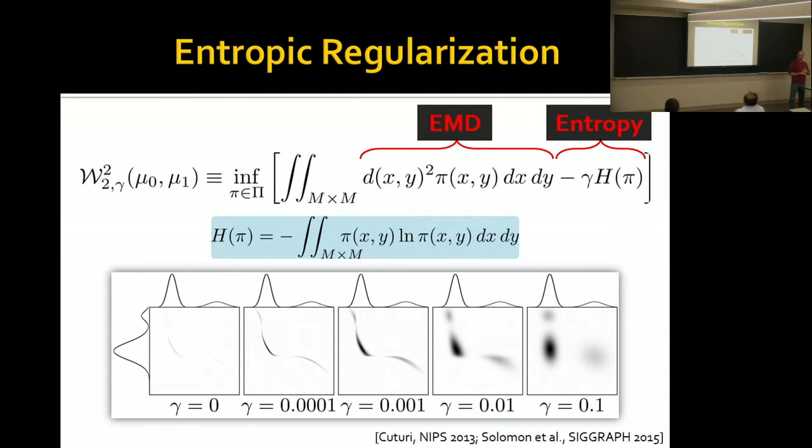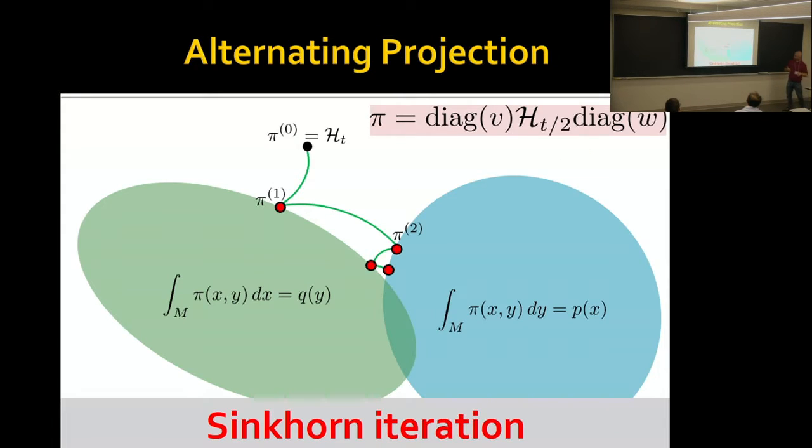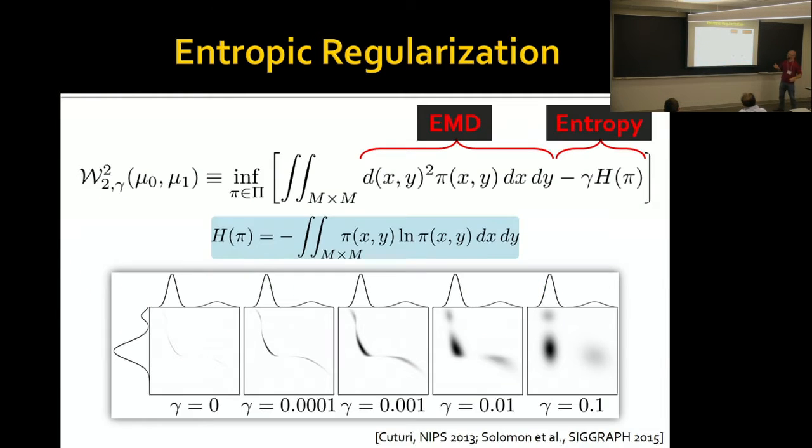So the basic observation in this literature, I'm going to skip over a lot of it because it's sort of old news at this point. You can think of this transport problem as a convex problem with two big constraints. One of them is that the integral over x is prescribed over y. The other is that the integral over y is prescribed over x. And so the basic observation in entropy regularized transport, actually connecting to the previous talk here, is that secretly, this objective, if you just do a little bit of algebra on your scrap paper, is the KL divergence between pi and a kernel, which is e to the minus distance squared.